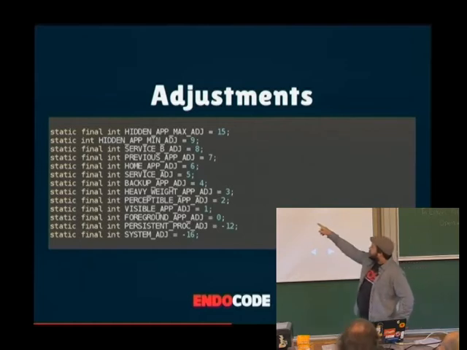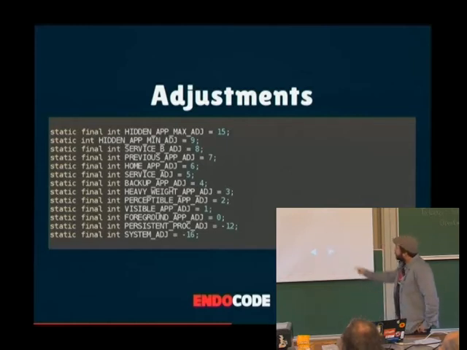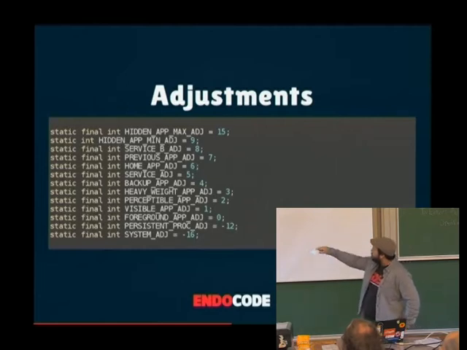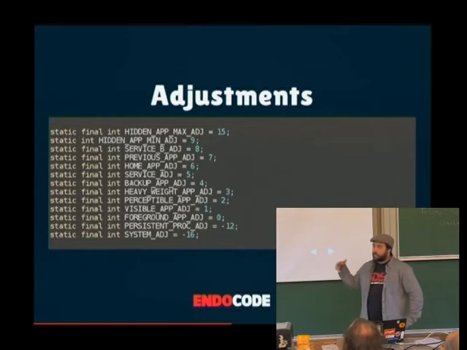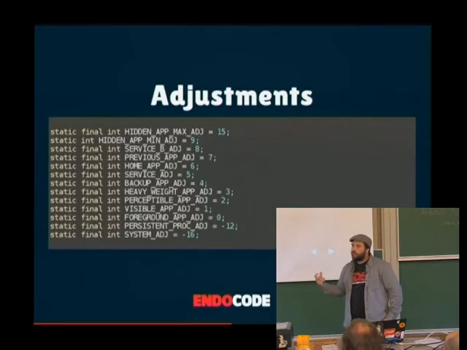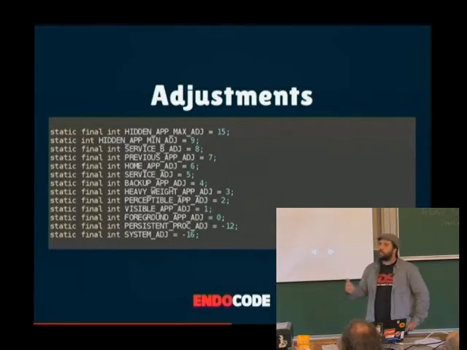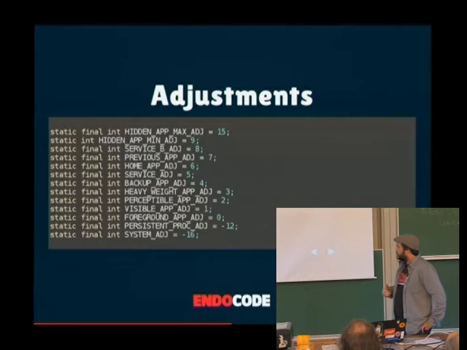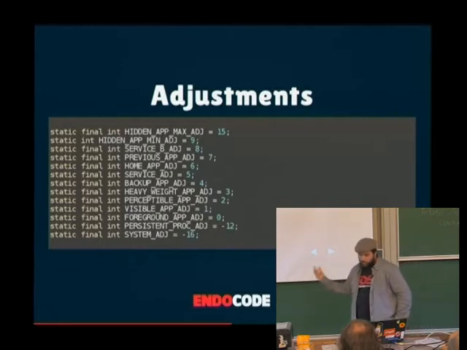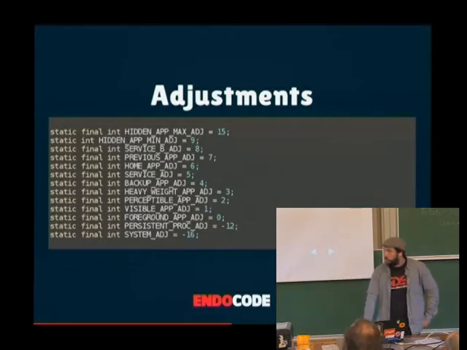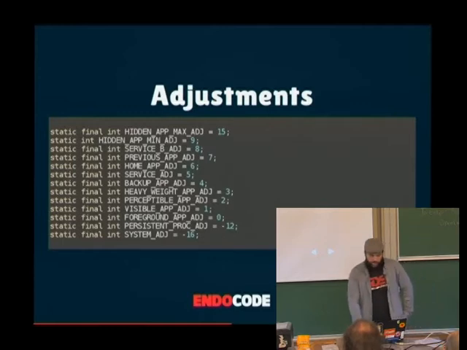And we can see here at the top, you see hidden, and in KitKat that actually changes to cache, because I guess it describes it a little better. And you see at the bottom it goes down to -16. These are the system category. There is actually another value: if you use -17, that will basically say remove it from consideration of killing, taking it away from this management system. You may need to do that for apps or processes that really need to stay alive.